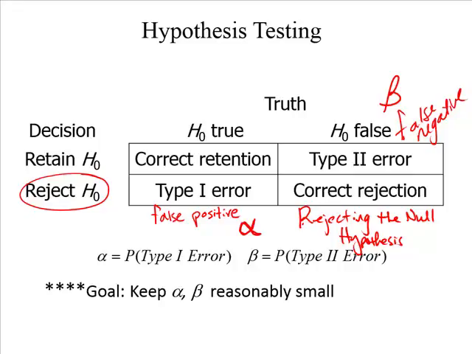This is what we're aiming for, right? We want to reject the null because we want to find the relationship that we theorize exists. The reverse of that would say we want to find no relationship because we want to have our iced coffee not make us pregnant. So this is the goal if we're asserting that there is a relationship between two things. If we do our test and we correctly retain the null,